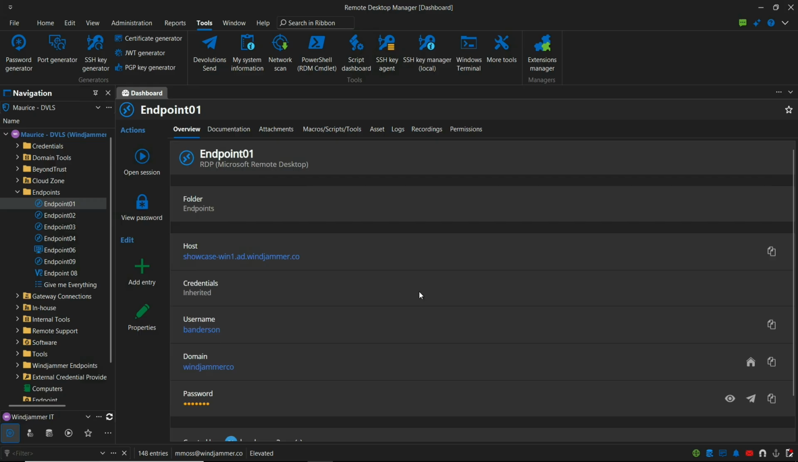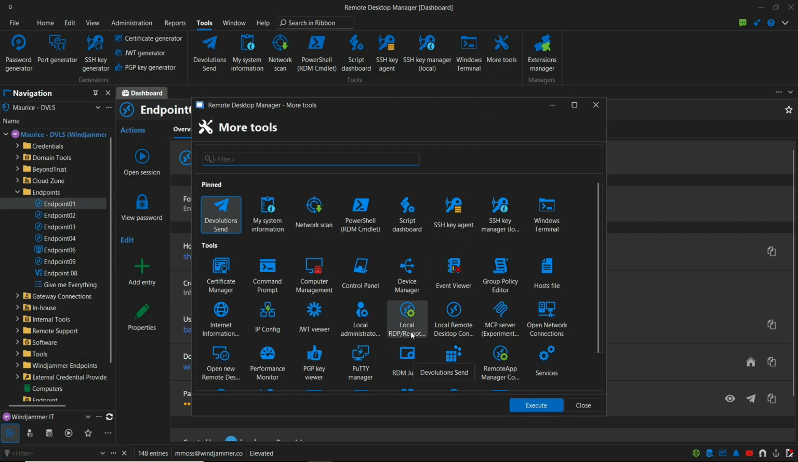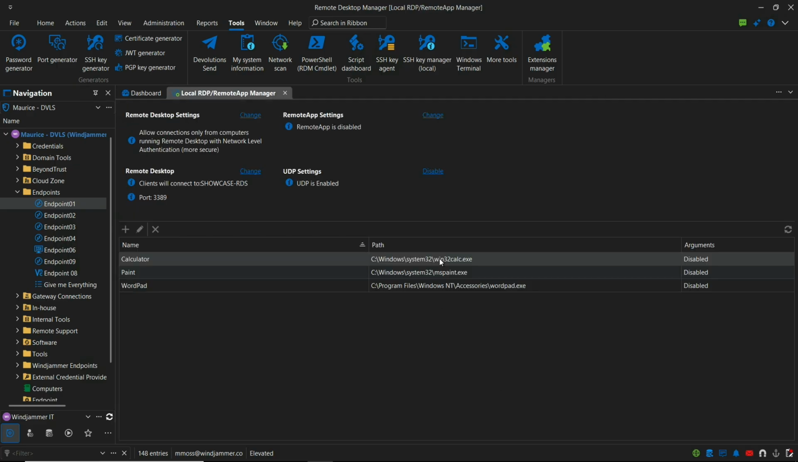First, we'll go over disabling UDP usage for all sessions in Remote Desktop Manager. To do this, you need to run Remote Desktop Manager as an administrator. Once the application is open, go to the ribbon at the top and select Tools. Once you're on Tools, go to More Tools. Here, you'll get the option Local RDP Remote App Manager. Simply select this, execute it, and then here you'll have your UDP settings option, which you can then proceed